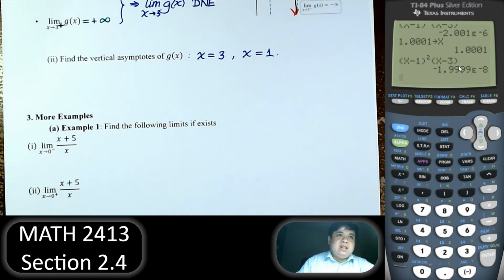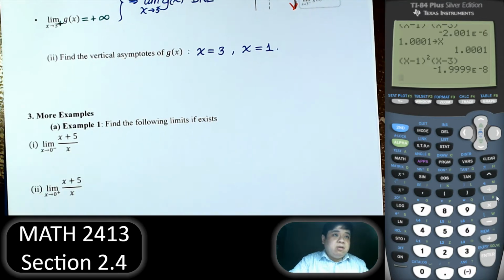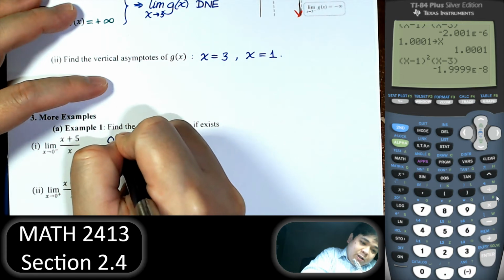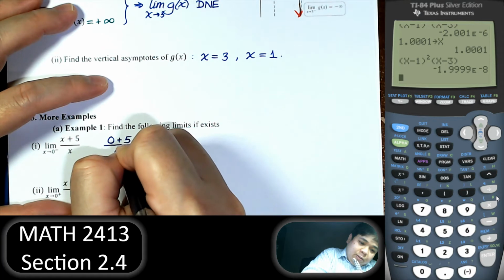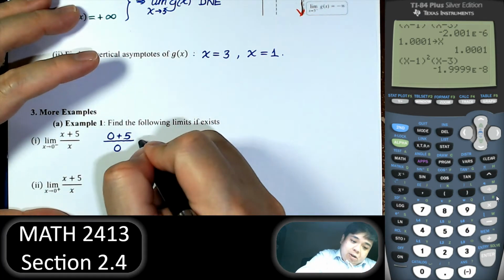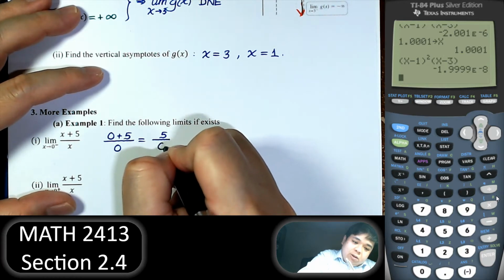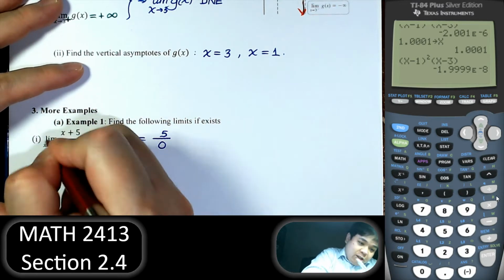Right, limit as x goes to 0 of x plus 5 over x. So of course we put in the numbers, right? Put in 0. And of course that is 5 on the top and 0 on the bottom. Now, this is undefined for sure. But if we want to be more specific, if it is negative infinity or positive infinity, now look at